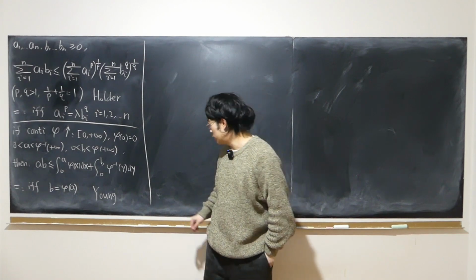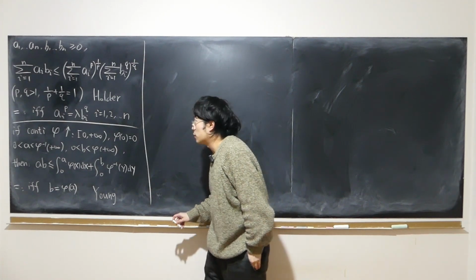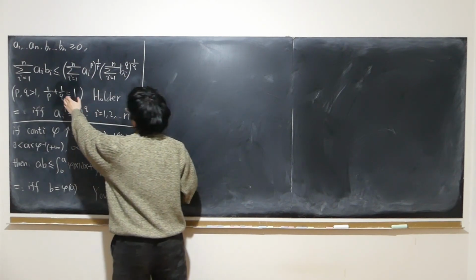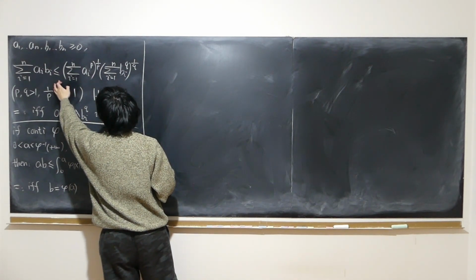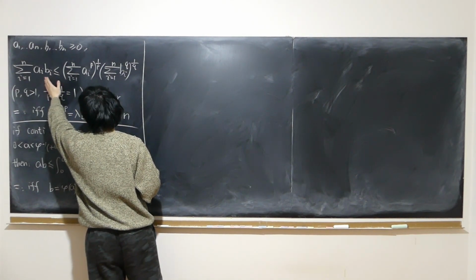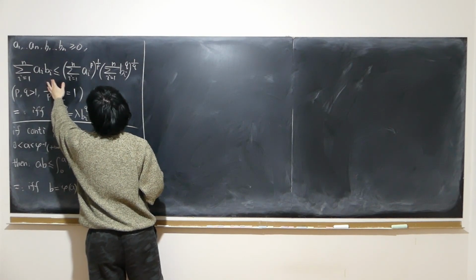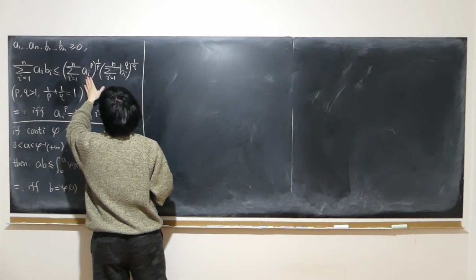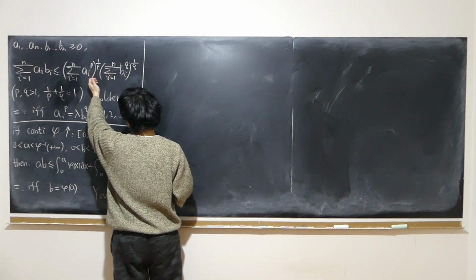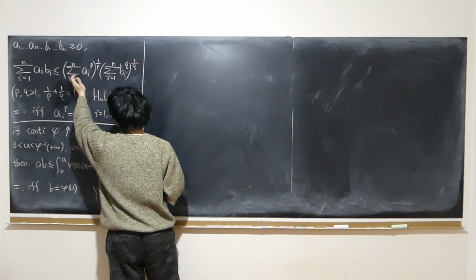I'm going to prove the Holder inequality. We have a bunch of positive real numbers, and we have the following inequality. So a1 times b1 plus a2 times b2 plus all the way up to an times bn is no larger than the product of the pth root of the sum from 1 to n